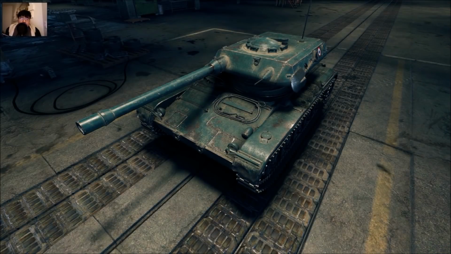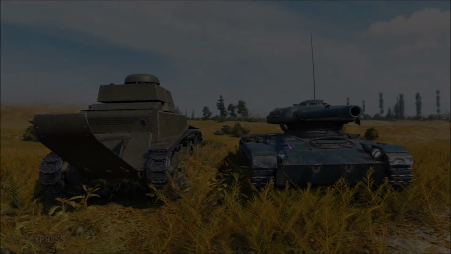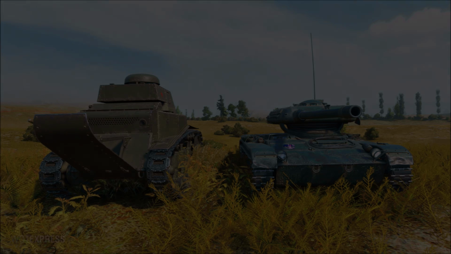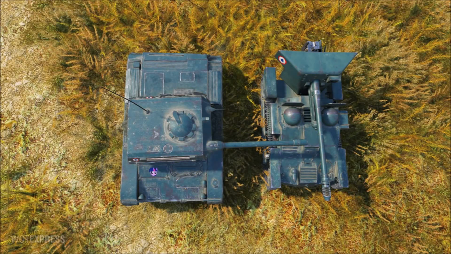And finally, we have the ELC EVEN. So this is going to be a premium tier 8 French light tank. It is one of the smallest vehicles ever introduced into World of Tanks. It's about the same size as a Volkswagen Beetle. So here are some screenshots of this vehicle in comparison to other vehicles. So yeah, it is very small, but